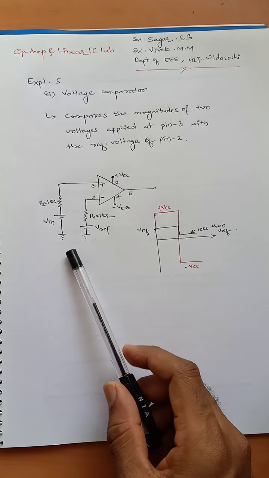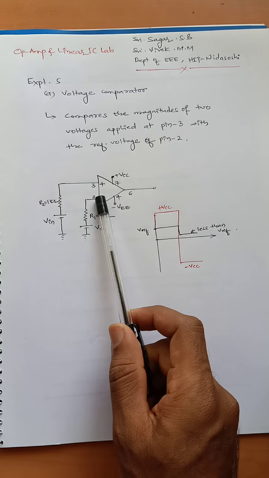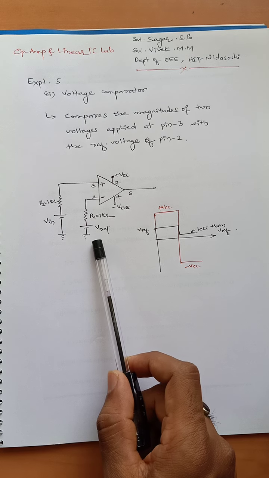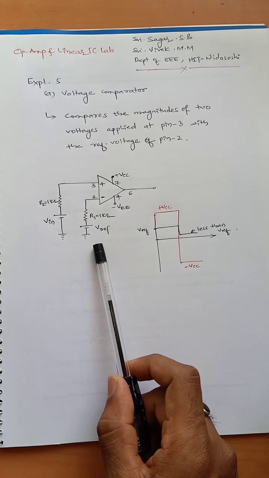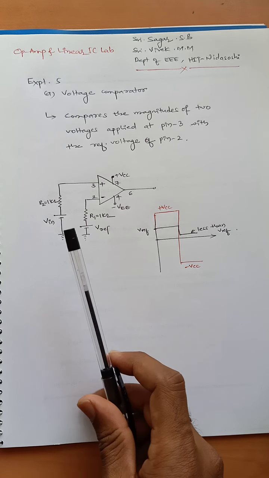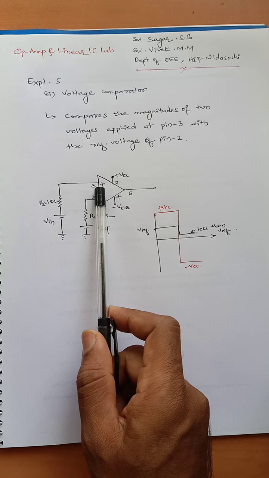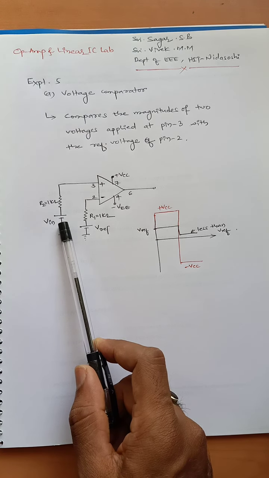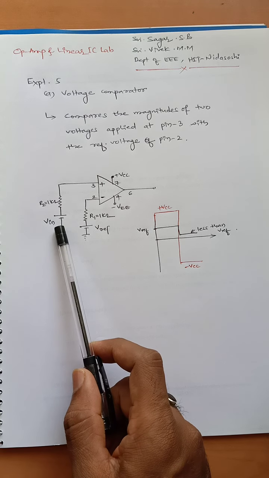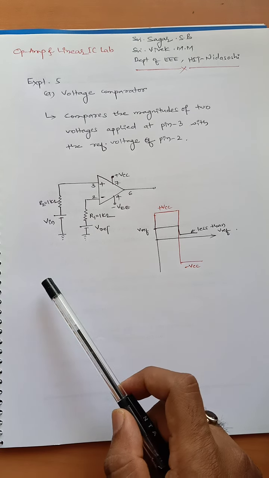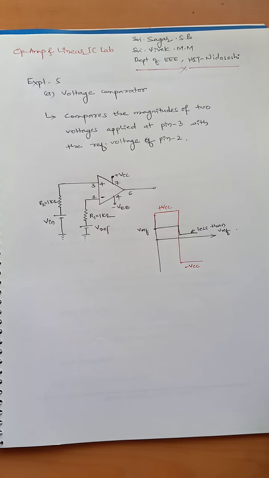At the inverting terminal, that is pin number 2, we are connecting a reference voltage. Reference voltage stands for we will use a DC source whose voltage value will be fixed to some value through a resistance R. Similarly, at pin number 3, non-inverting terminal, we are connecting another DC source, where we will vary the voltage between some range. Say for example 0 to 30 volt range.